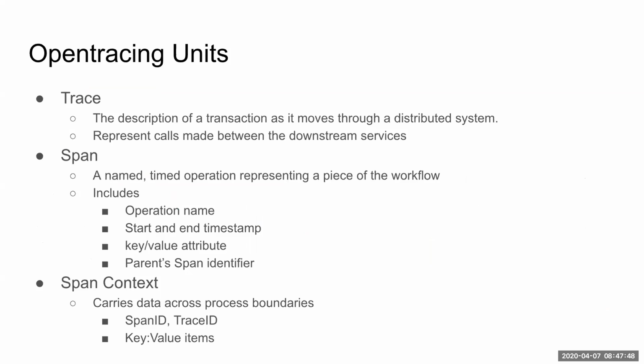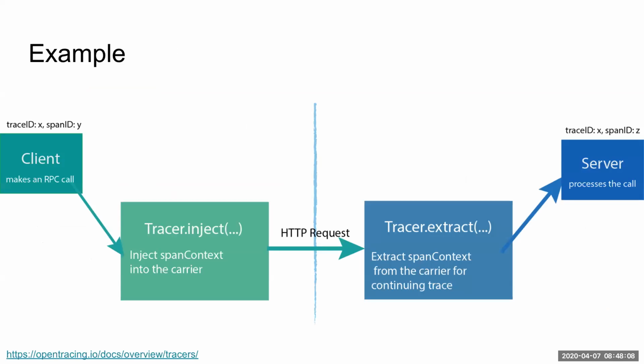So for example, if I would like to send an HTTP request to another service, I need to propagate the span context inside my HTTP request. So the server, the receiver, can get the span information and based on that information create another span. Just like this example. On the left side is a client and he wants to send some information to the server. So first of all, he will create a span here because he created the first span. This span doesn't have any parent, and he also created the trace. So he will have the trace ID as well as the span ID.